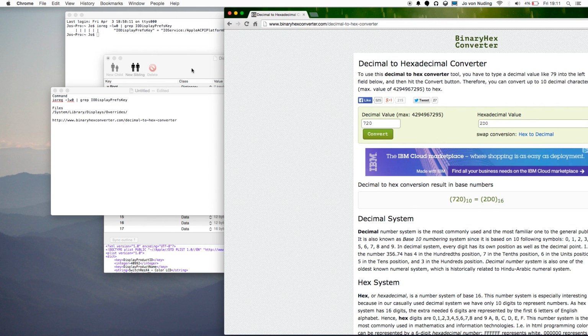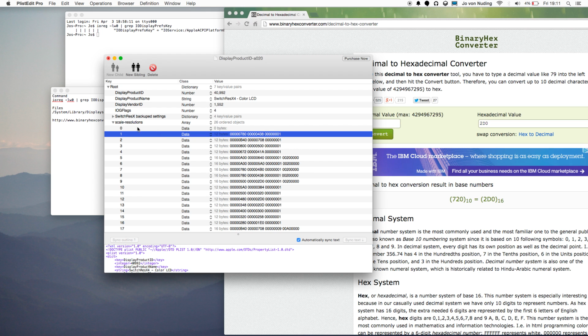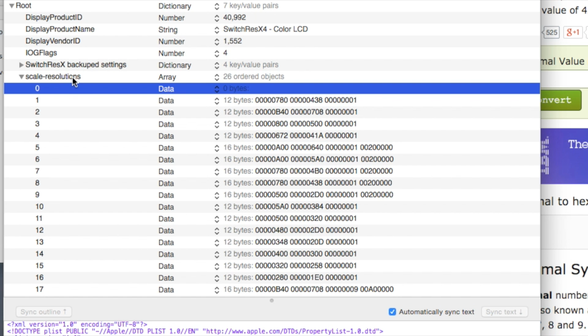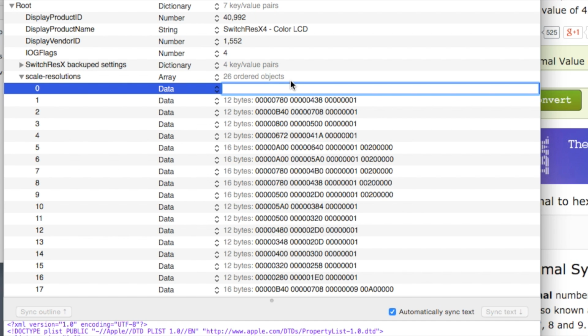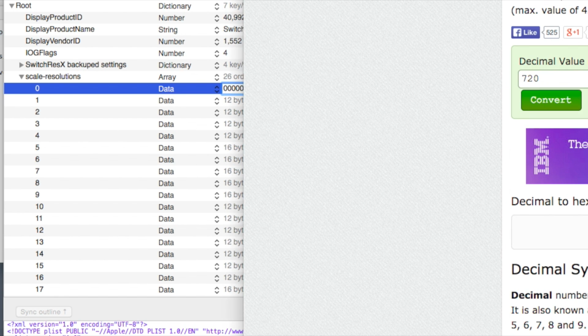Now you're probably wondering, where do I add these in? So you've added your new child, or that sounds really weird, you've added your new list to the scaled resolutions, and you're going to double click and add in the zeros and the numbers you need. We've got 5 zeros we need to add, so 1, 2, 3, 4, 5, and then we're going to add, well, for 1280 by